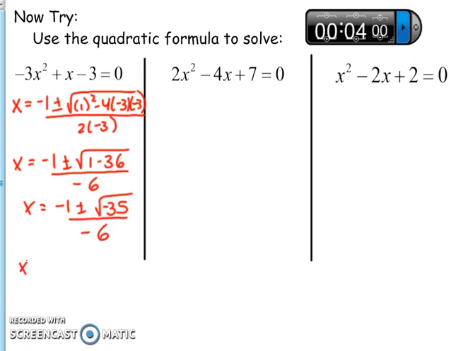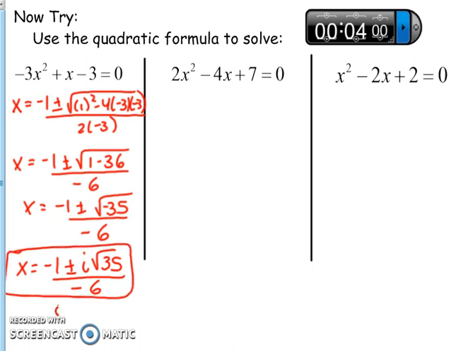35 can't break down, so just take out the i. So i square root 35 over negative 6. Okay, so again, you can take x equals positive 1 plus or minus i radical 35 over positive 6. Okay, so either way is fine. Okay, in the second one,